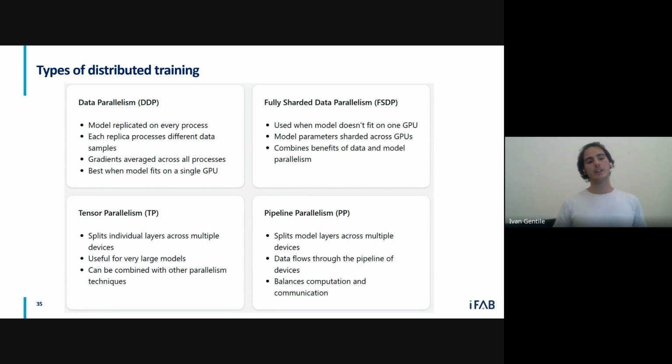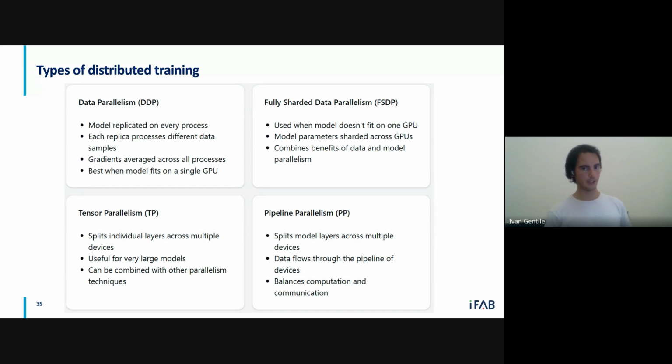Fully sharded data parallelism we can think of as a necessity we encounter when we want to apply data parallelism, but our model is so big that it doesn't fit on a single GPU. That can happen, and we need to find another way.